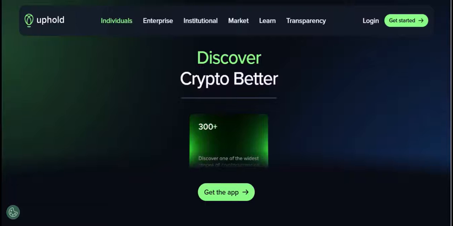How much can you really deposit on Uphold? Are there hidden limits, or is it a free-for-all when it comes to funding your account? If you've ever wondered about the ins and outs of depositing funds into your Uphold account, you're in the right place. We're about to demystify Uphold's deposit limits, exploring the factors that influence them and how you can optimize your